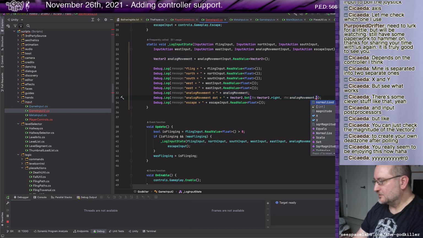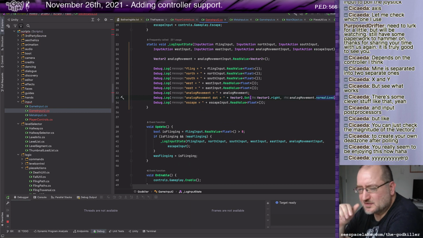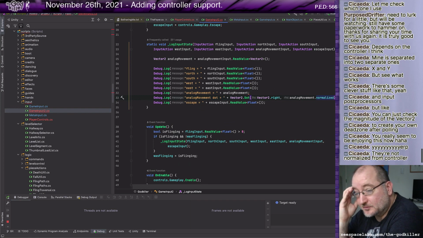But how am I? Okay, normalized. So that means if I say normalized, I think it already is normalized. That means it would be clamped to between 0 and 1. Not just clamped, scaled, but the value looks like it's been scaled to 0 and 1.